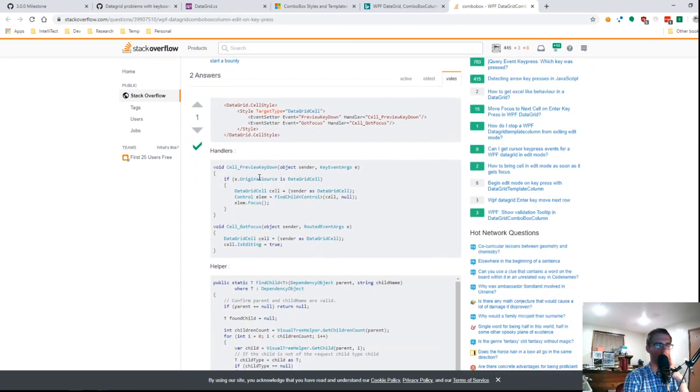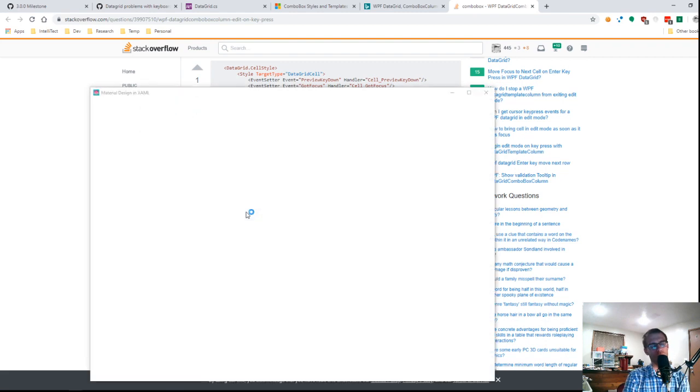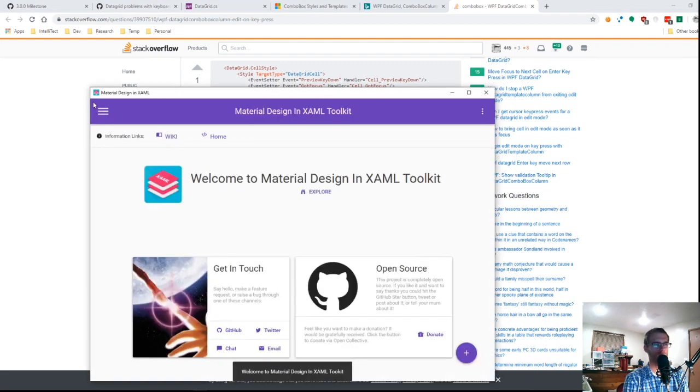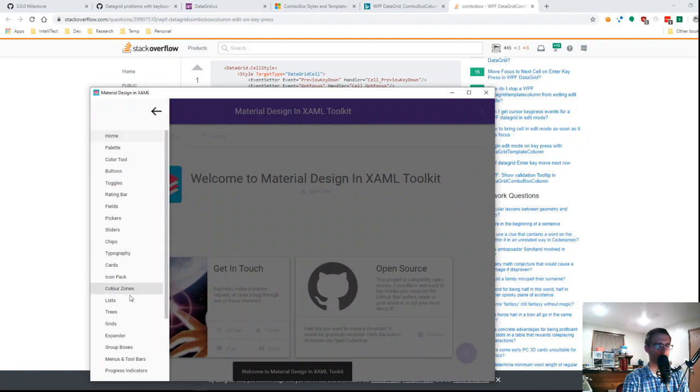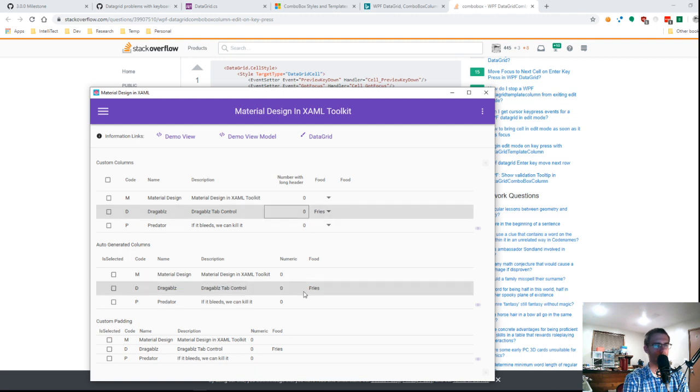It's interesting that it's limiting the original source to the Datagrid cell. It's probably okay. And then when the cell gets focus, is editing comes over to true. That is interesting, because I would think that this would... I would think that focus would trigger just by moving the cursor around. Tab, space.